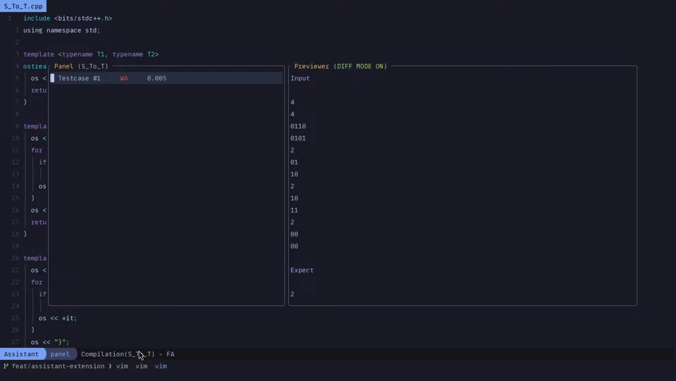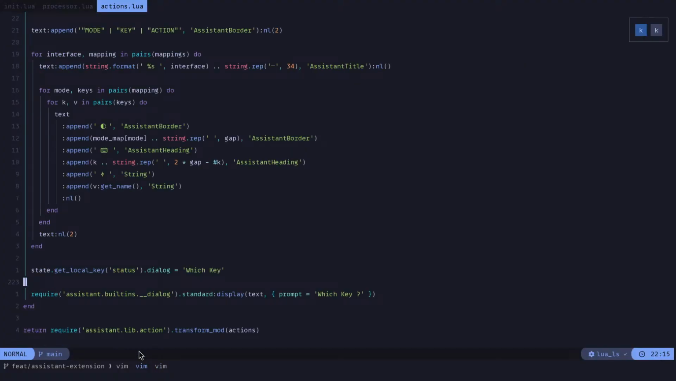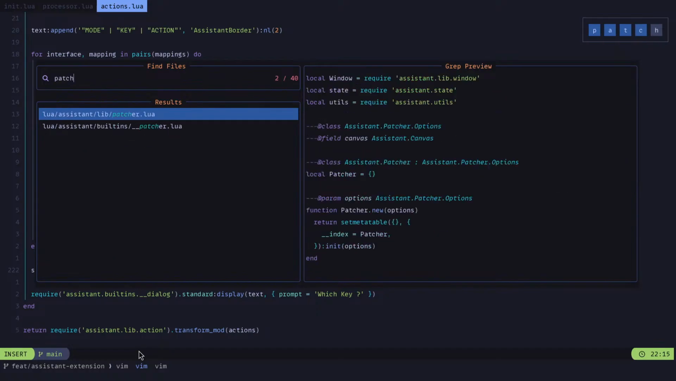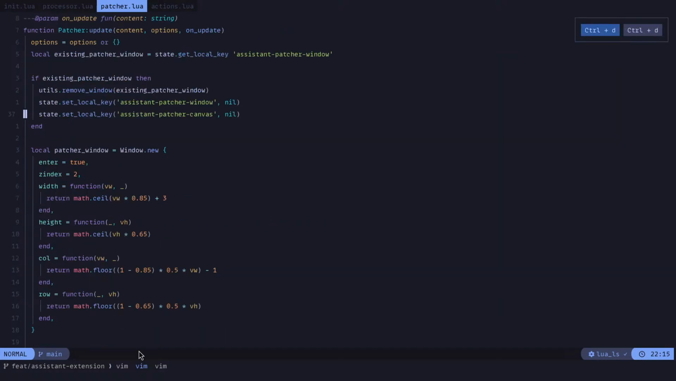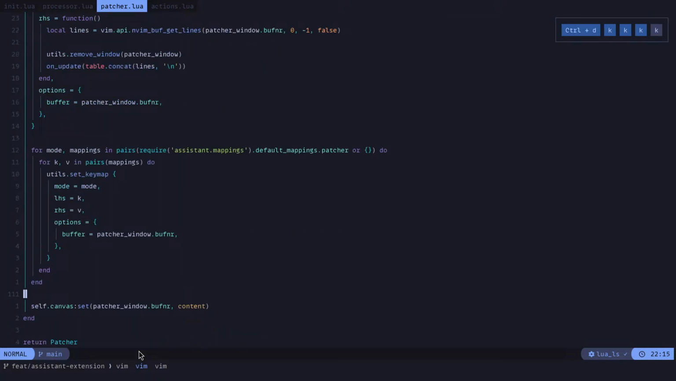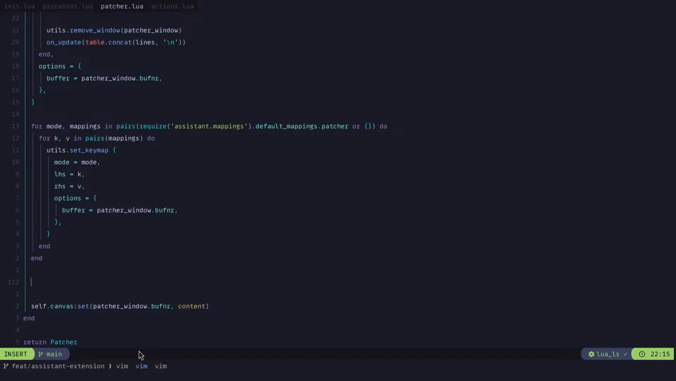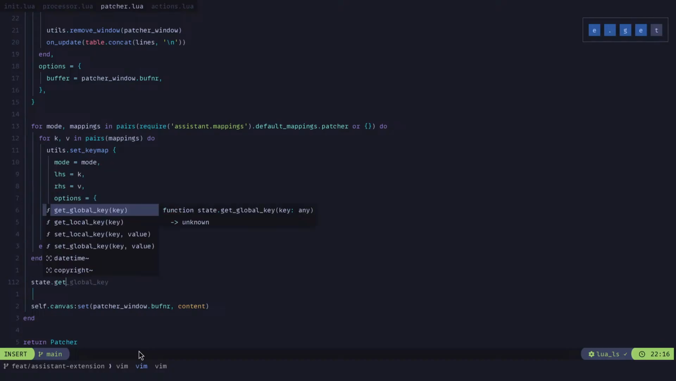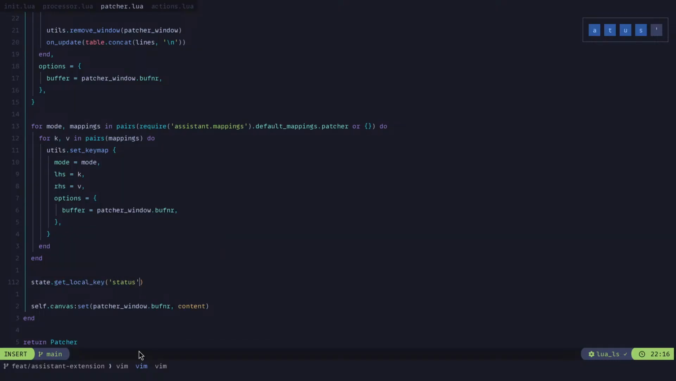What should I also integrate with the lualine? Let me think. So this is the which key. I should also track down the motions for patcher. So let's open the patcher, and we should, before setting up the canvas, okay, perfect. So let's get the local key and status dot